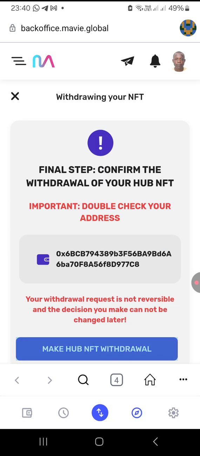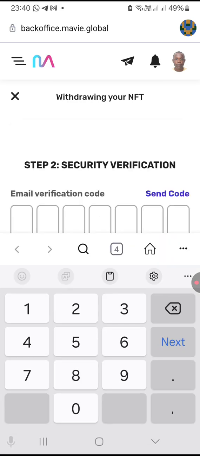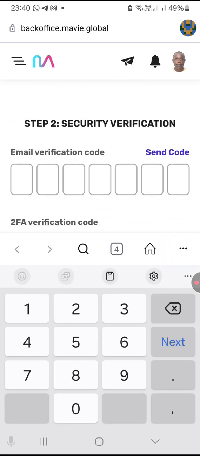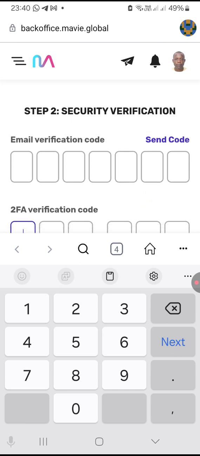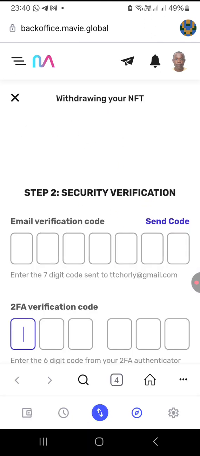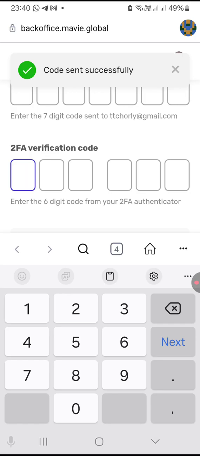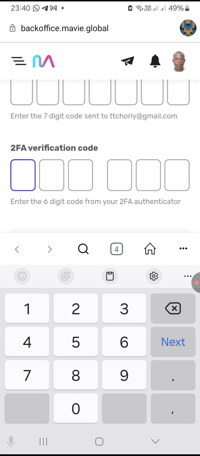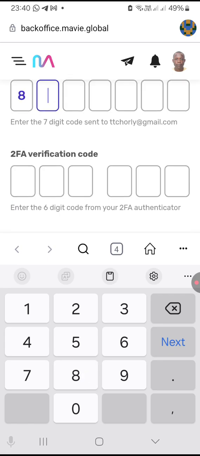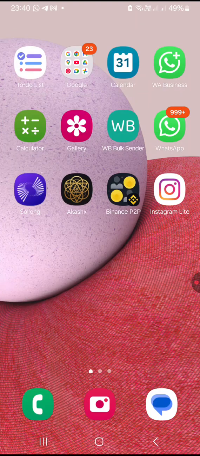So I can click on withdraw my app, and then now I'm in the security zone, so I'm just going to do send code. It will send it to my email, so I'm going to grab it. Okay, so this one is 8064797, and then this one I use Google Authenticator, so I'm going to go look for Google Authenticator,